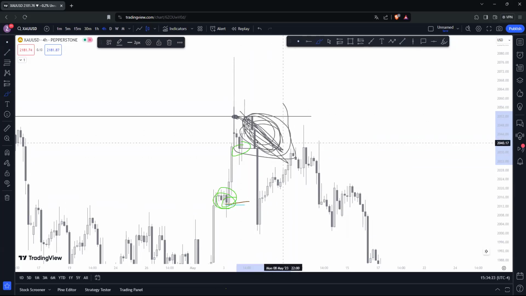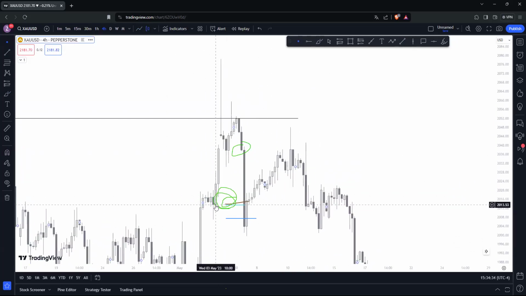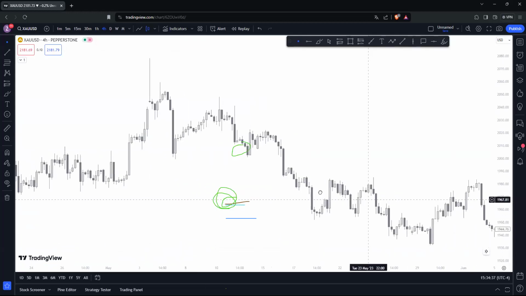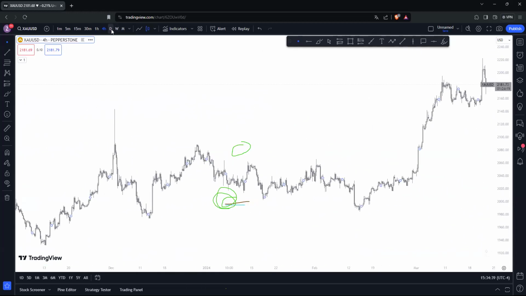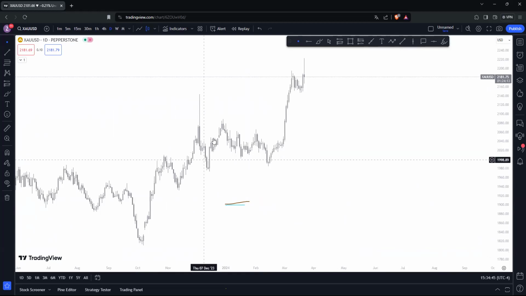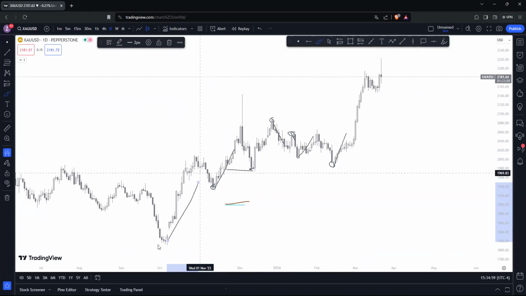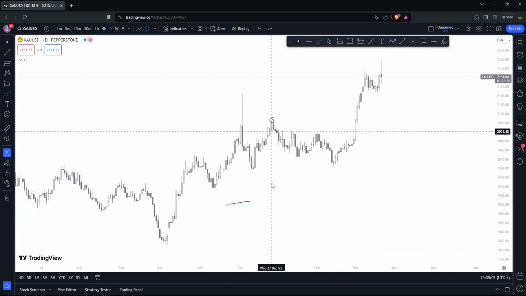Just delete this from your brain, okay? It's okay if you rush it. Now the wick, no, we're not going to use wicks, we're just going to use structure, okay? So look at the external. Your homework is going to be marking all the H4 external breakouts on the daily swing points. So see this sell, this buy, this sell, this buy, this buy. It's okay, bro. We always rush it sometimes. So here, just find where the H4 external breakout is and send it to me and tag me